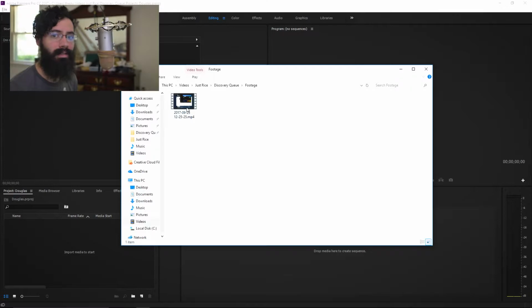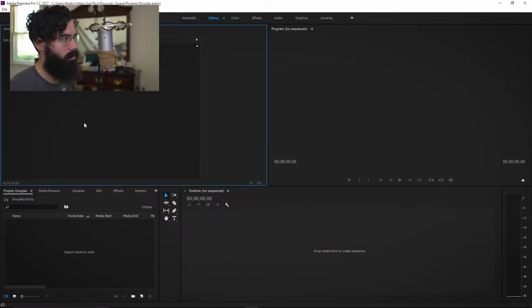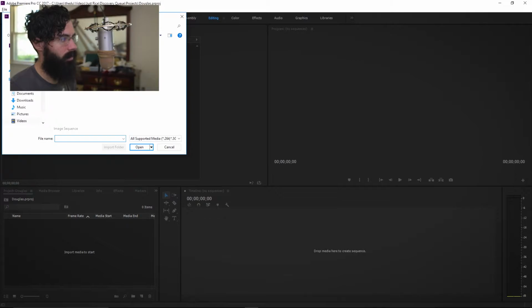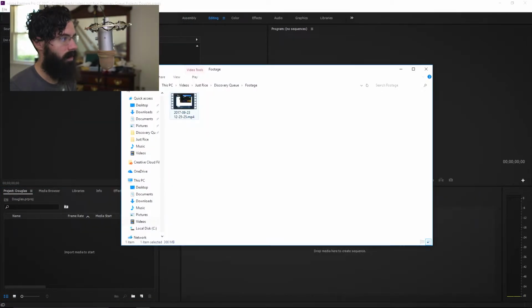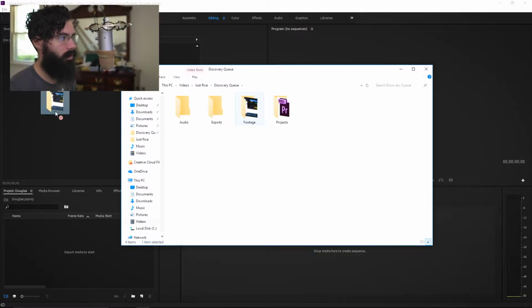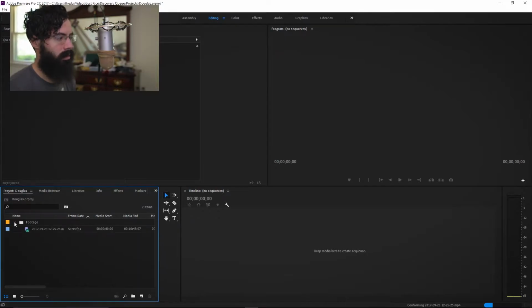So you can do one of three things, actually. I'm getting used to looking at the camera, not the monitor. You can click and drag it over. You can double click in there, and then look around your discovery queue, go to footage. Or my favorite thing to do if I have a lot of footage is I just drag the whole folder over down there, and that way I have a bin with all of my footage that I can collapse whenever I'd like, as long as my mouse works.